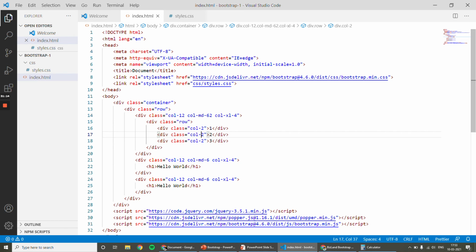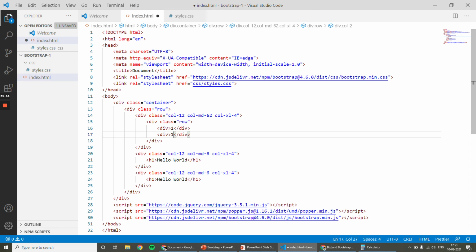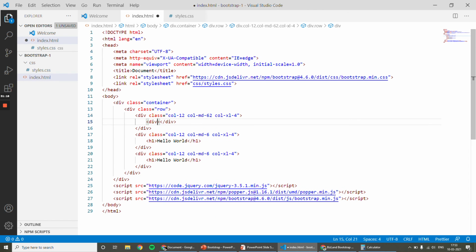Another mistake that people make is they forget to give the extra small value, and they simply write like this.